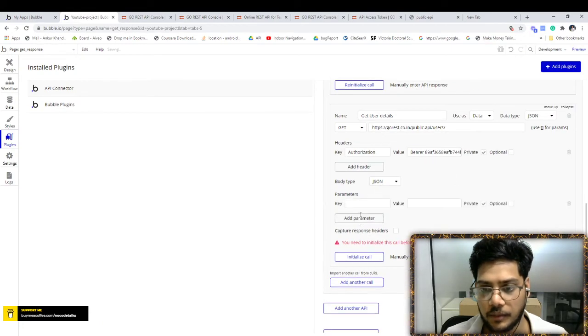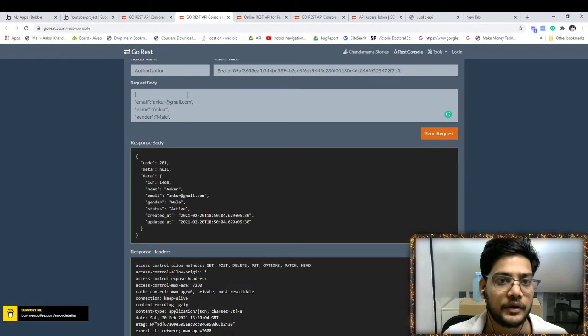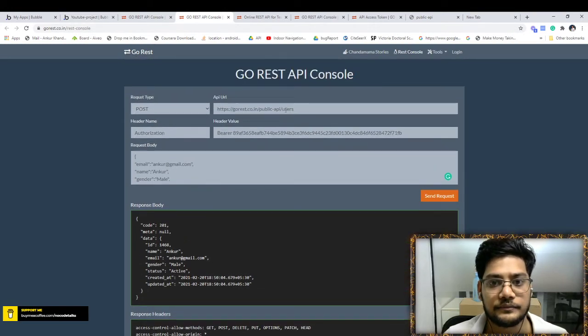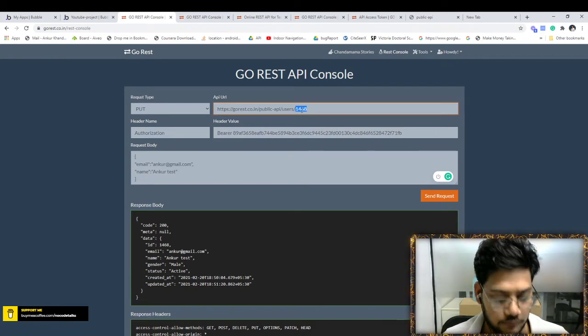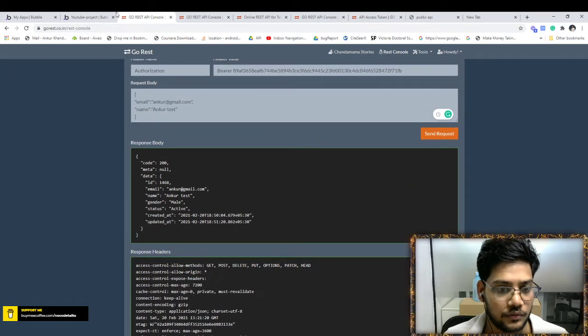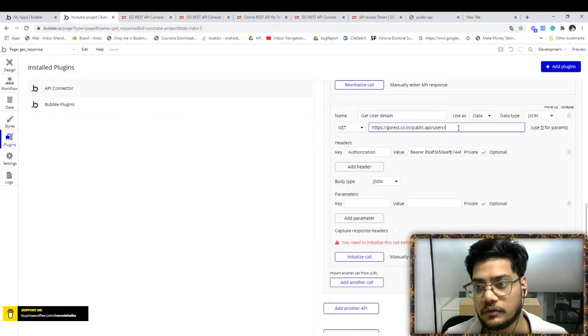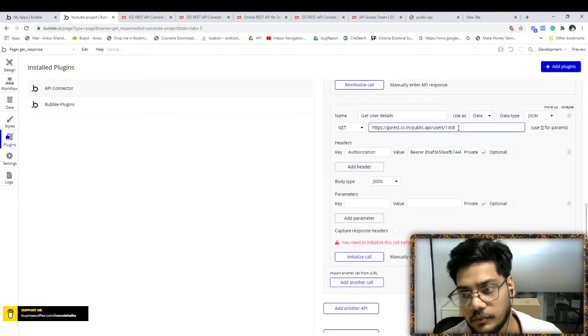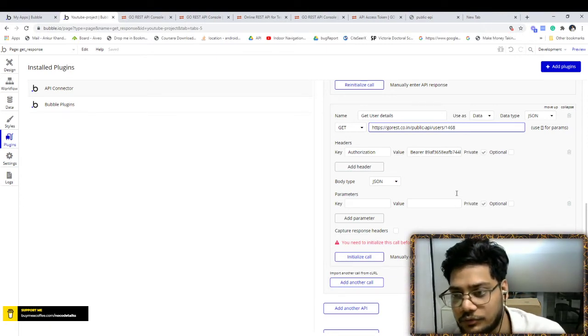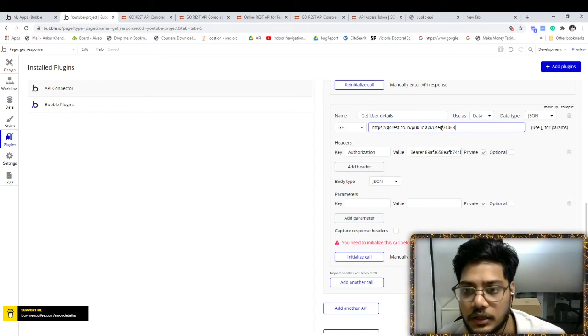Basically there is one parameter here, it is the ID. Sorry, this is the ID that we are using. If you want it directly static we can use it there, or we can pass the ID here.